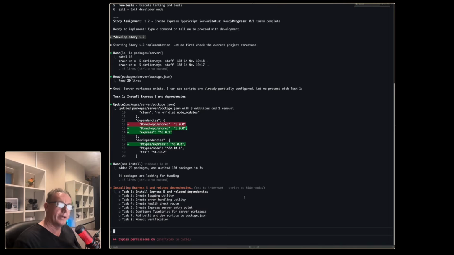Now, while that's running, I'll just talk about the idea of working with multiple projects at once. One of the things I love about BMAD is that if you are generating two different applications, you've got a fair bit of time while the development is going on. So you saw what I did. I set up the story, then I switched over to the developer agent and I kicked it off. At that point, I'll go to another terminal where I've already got BMAD running on a different project and goes